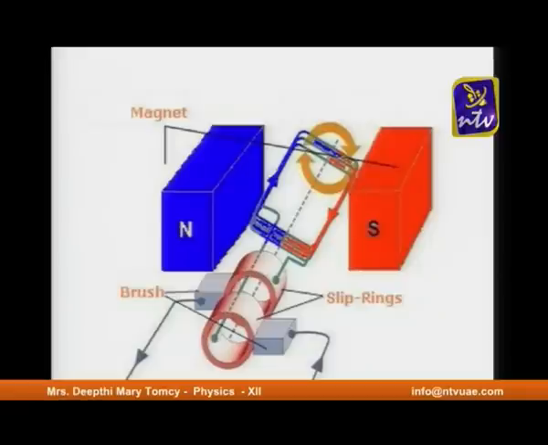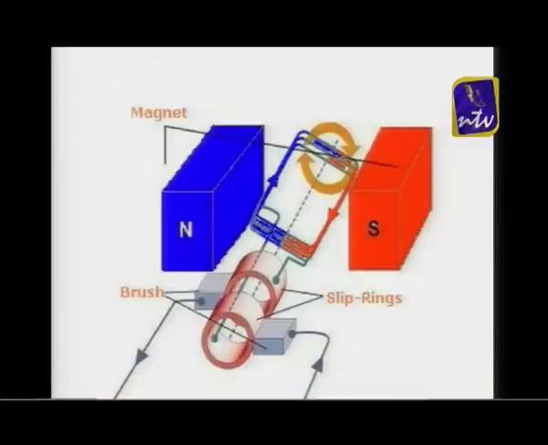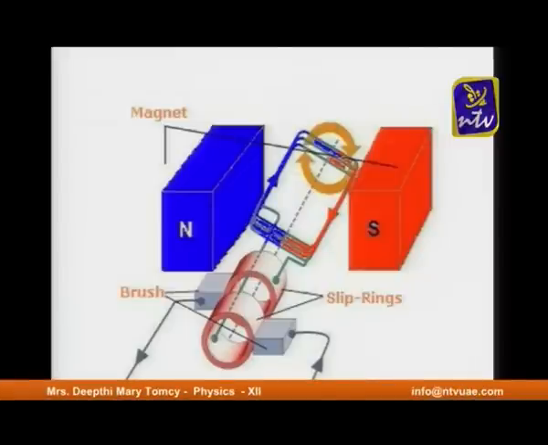Due to the change in the magnetic flux, a current will be induced in this coil. You can rotate this coil mechanically with the help of the power of water in the case of a hydroelectric power station, or with the help of a windmill, or with the help of steam turbines. Different mechanical sources can be used for turning the coil, and this mechanical energy gets converted into an equivalent amount of electrical energy. Thus, by changing the orientation of the coil in the magnetic field, we can easily induce current inside the coil. Let us come back to the class again.